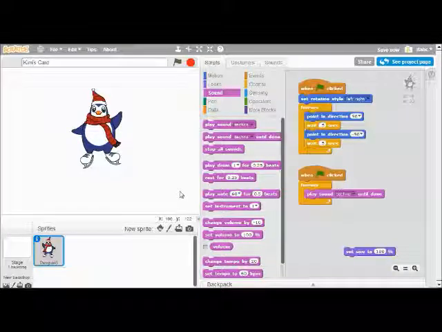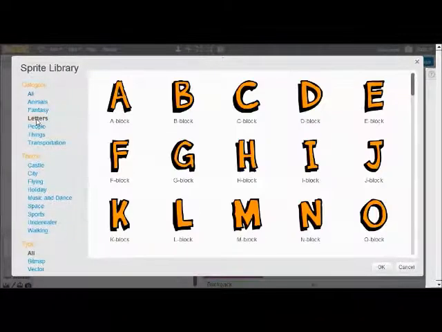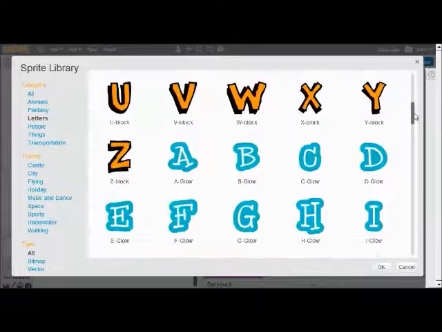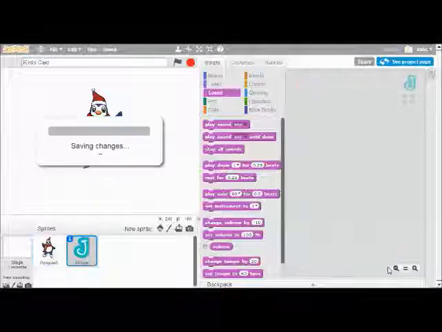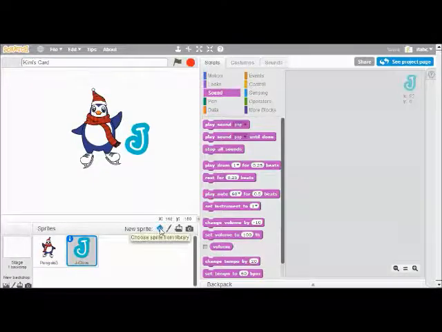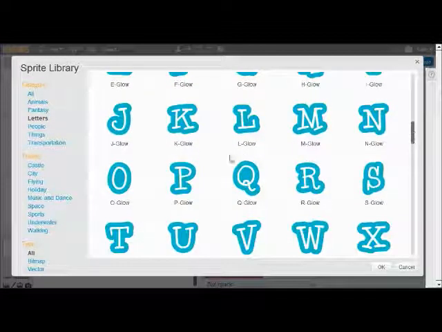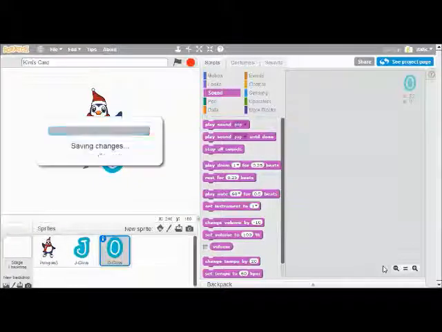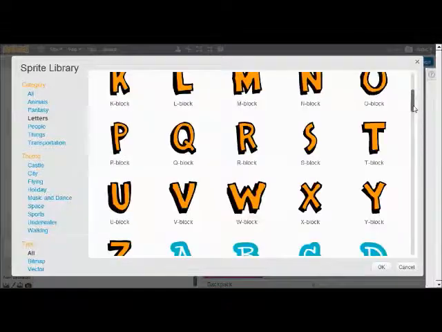The next thing we're going to do is add the letters J-O-Y to the top. And we'll do that by adding 3 sprites, one for each letter. So I'm going to click down here to choose a sprite from the library. I'm going to click letters, and I like these letters down here. So I'm going to pick a J and hit OK. And then I'll do it again. Click letters, scroll down, choose O, click OK, and the last one, letters, scroll down,